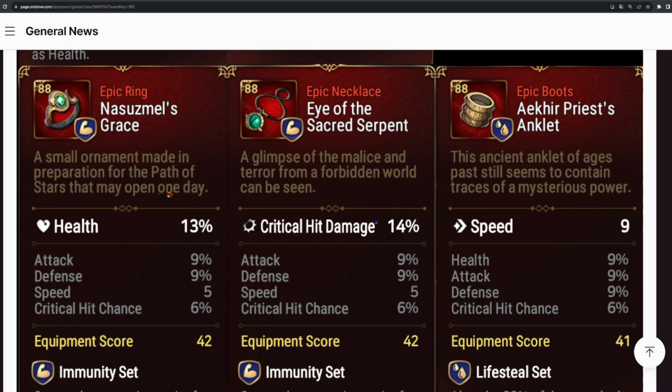They can just go about on any character. Doesn't matter if they're a soul weaver or a warrior, you can stick it on them and they will do just fine. Now, starting off with the ring, really good substats in my opinion. Speed, of course, we'd love to see that. Just a little weird having that critical hit chance because it is of course a health main stat piece of